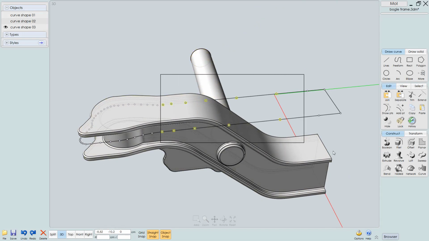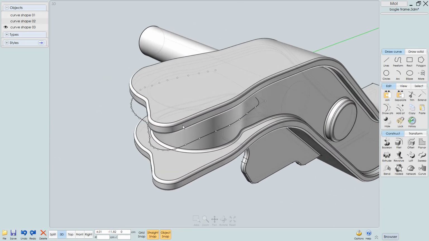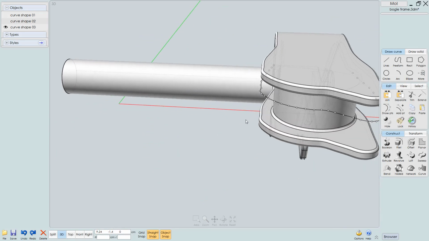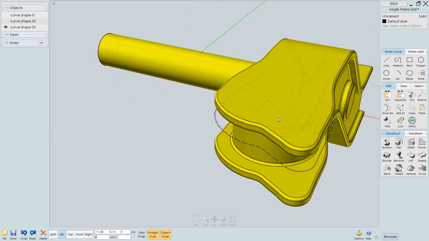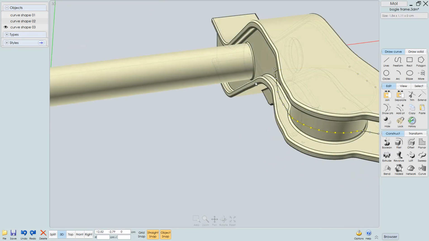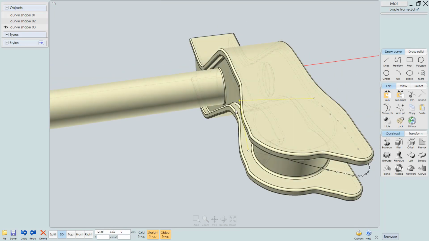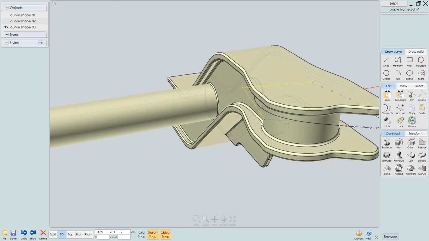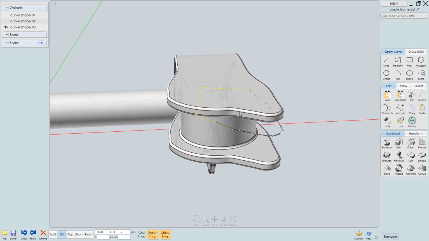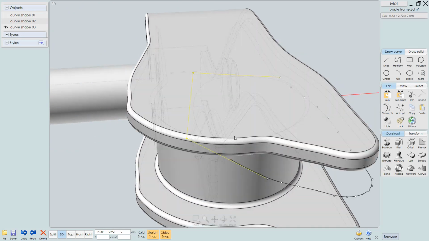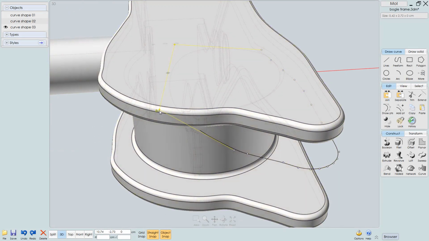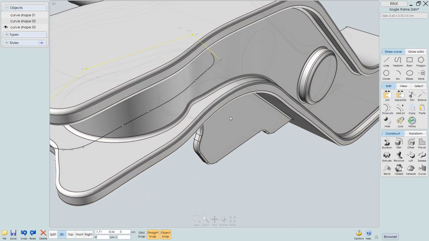So let's get rid of all of these ones. And over here, I'll delete these ones. Let's select this point, and actually let's select both of these and move them inside the object, something like this. I'll move these over a little bit further. And over here,